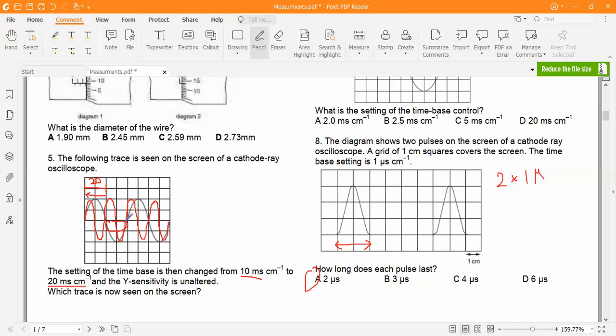Let me explain again. This graph that is shown right now is the initial case. From here we can see that in 20 milliseconds, this was happening. Now we have to show it in such a way that this happens in one block. So this happens in one block like this, because we have compressed the graph.